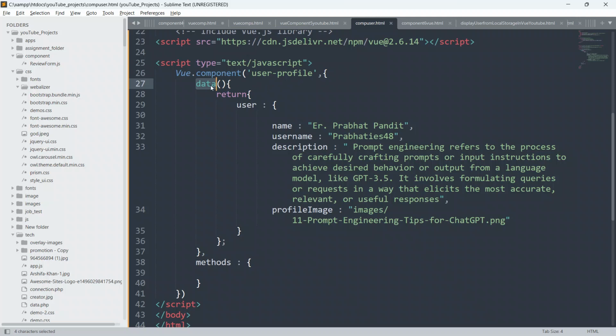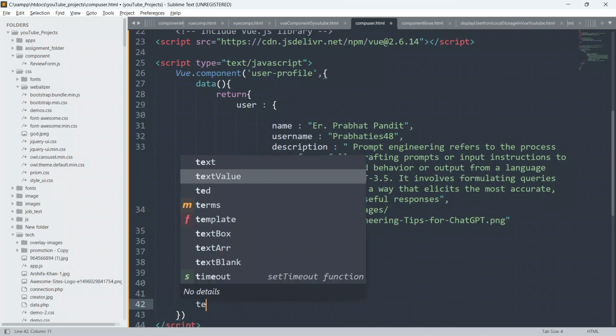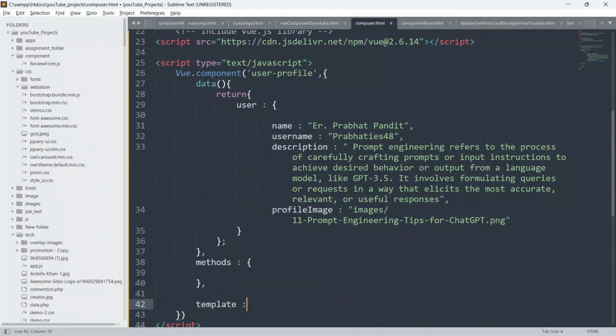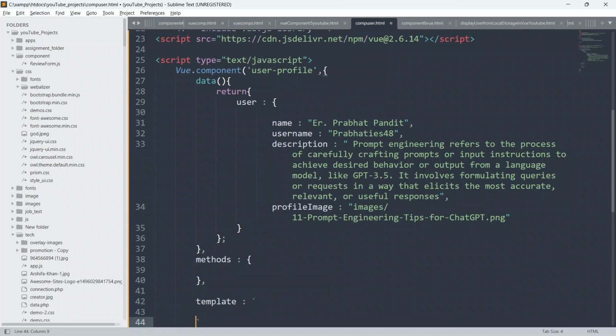Okay, so guys, now below this I will create our template. So put a comma, and we have to create our template also, and we have to give a colon and give a backtick.